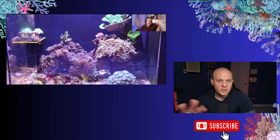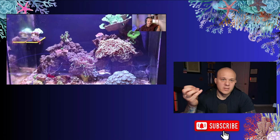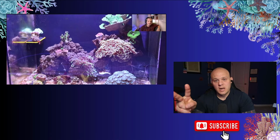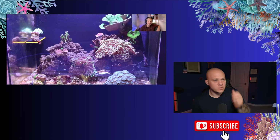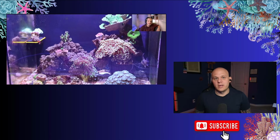First of all, go in there with your fingers and touch the polyps. It will retract right into the skeletal structure, and then get at the base and put a little bit of pressure on it and then twist. It will pop off the rock structure. At that point, I would go ahead, if you have a little saw or whatever, and frag that up. You could even put one head back in the tank because you are essentially starting over. So putting a 9-head colony of hammer that's already grown out in there is just